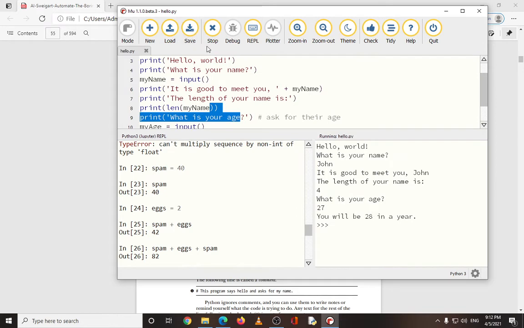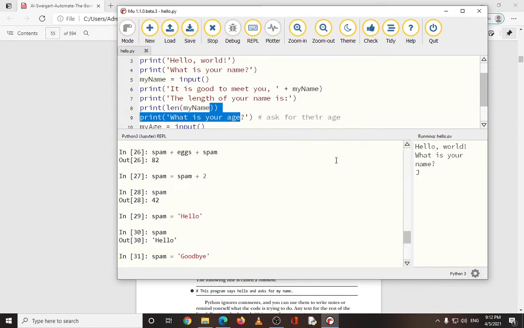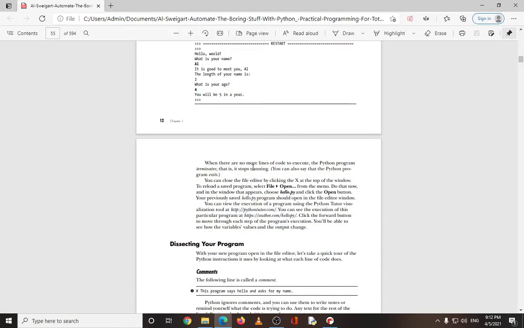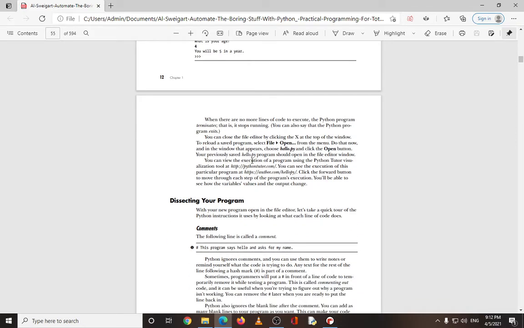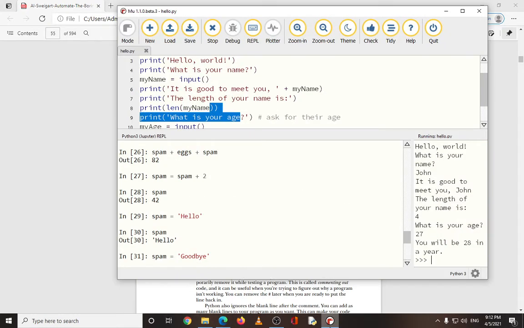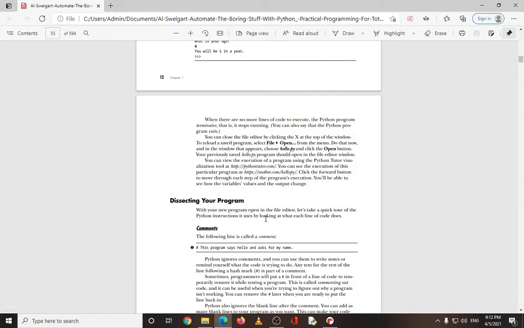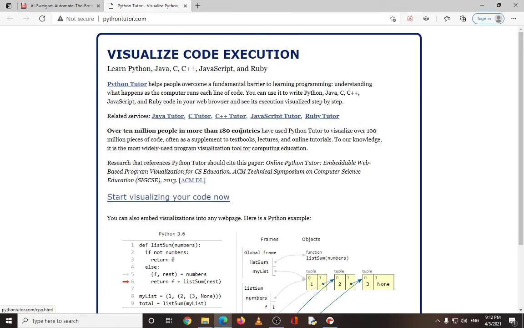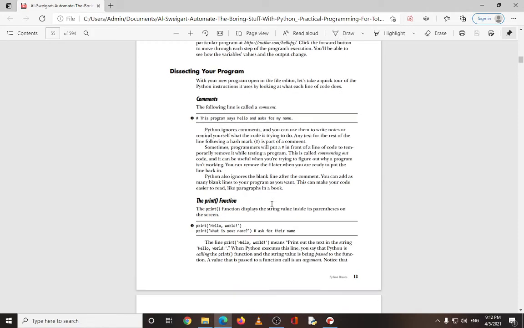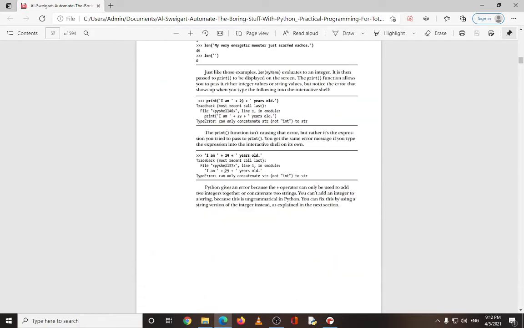Yeah, so then, yeah, we can tell 27. You can read the execution of a program using the Python tutor visualization. There's no Python tutor here. But anyways, let's try to check what this does. I see. I think we do not need this for now. Then finally,